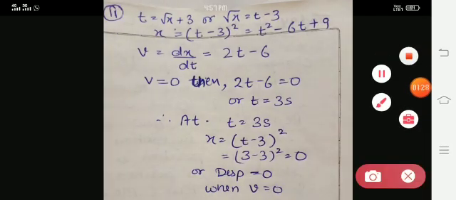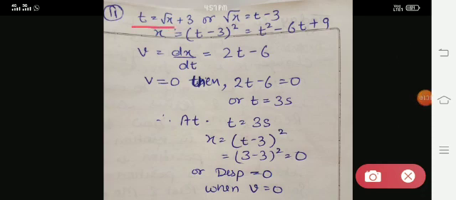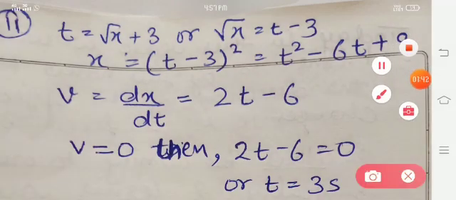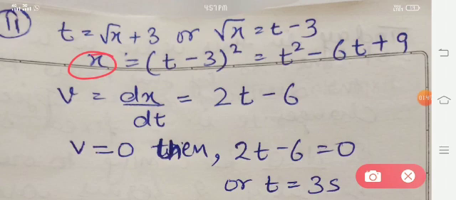Now you have given that the equation for time is t is equal to root of x plus 3. Now you can directly calculate this value of x by interpreting the terms given in this equation, and you just simply square both sides and you get the equation for this position, or you can say distance of the particle is given by this equation.